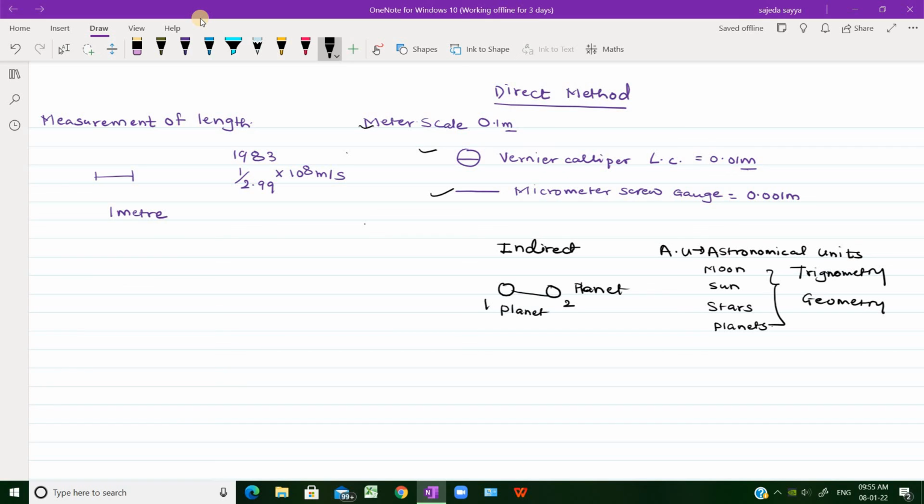In the direct method again, these are about macroscopic objects which we can see with our eyes without using any instrument. Macroscopic objects that are in our range can be measured with the help of these instruments. But